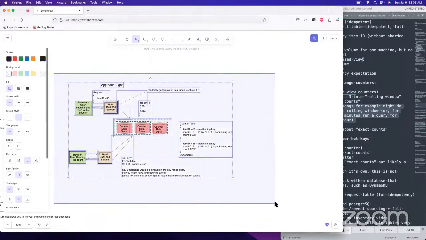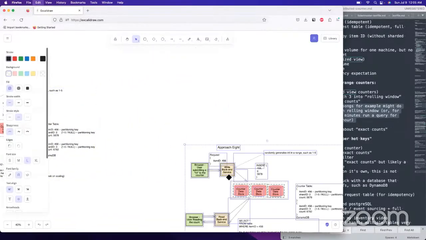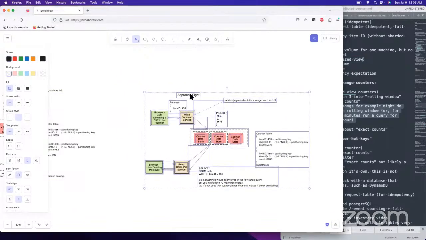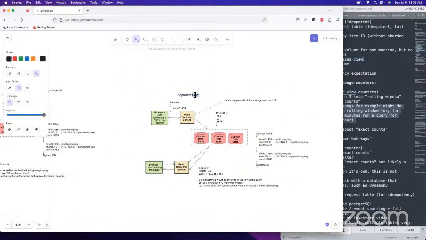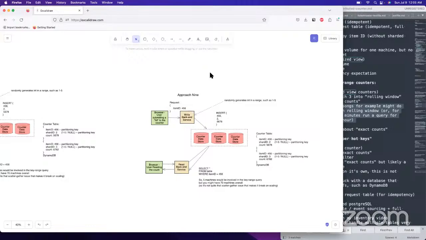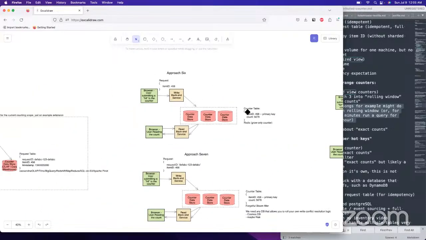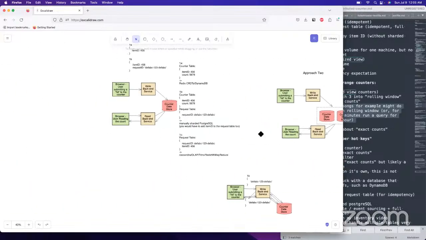Okay, let's go ahead and copy paste it over. And now I need the thing from approach 1B.